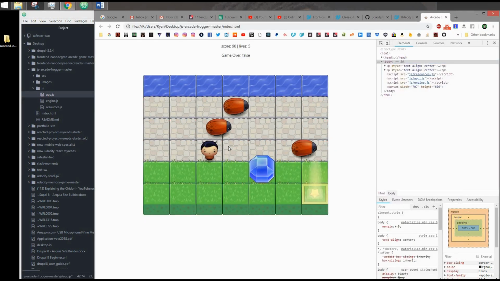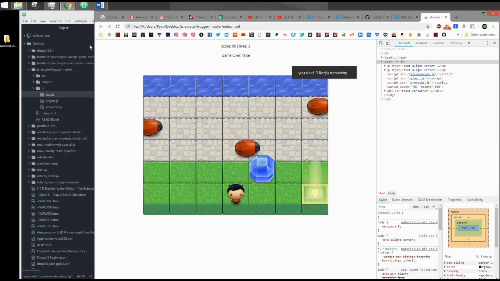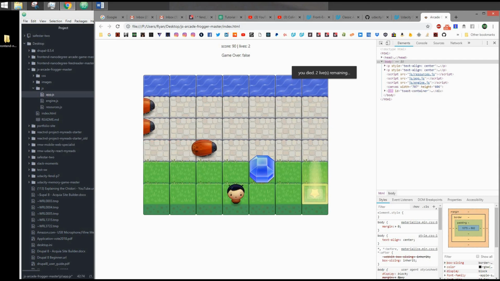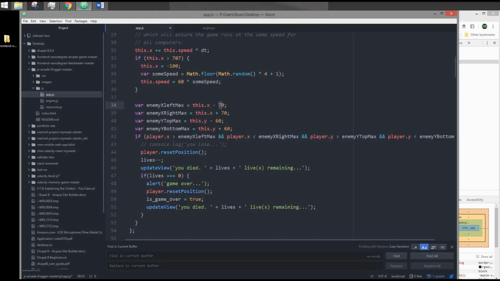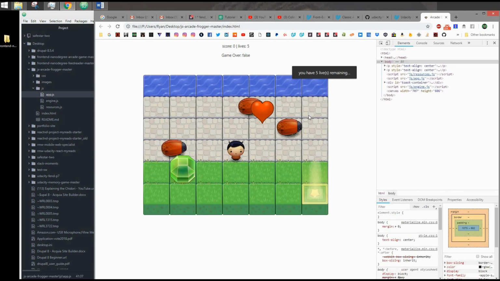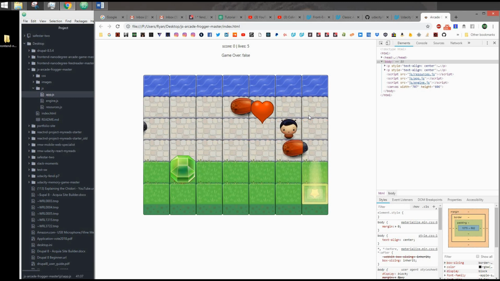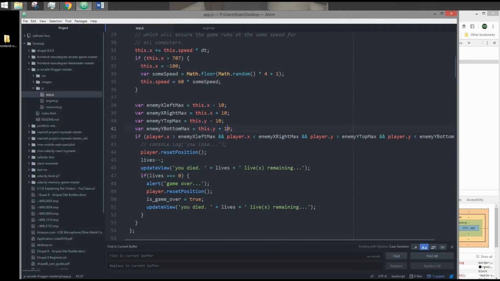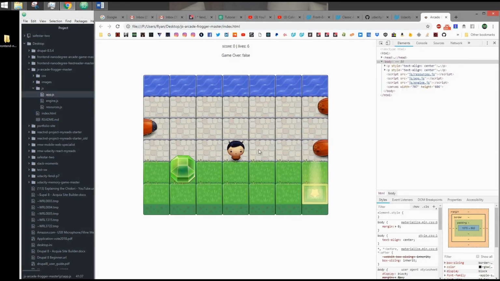So if I were to just leave my character here, we can see that it works. As soon as the enemy touches the player, then it resets the player. Now let's say I did 10 for each of these. Let's see what happens. I'll reset it. And it doesn't even work, right? Doesn't even work. So that's why you have to account for the space,